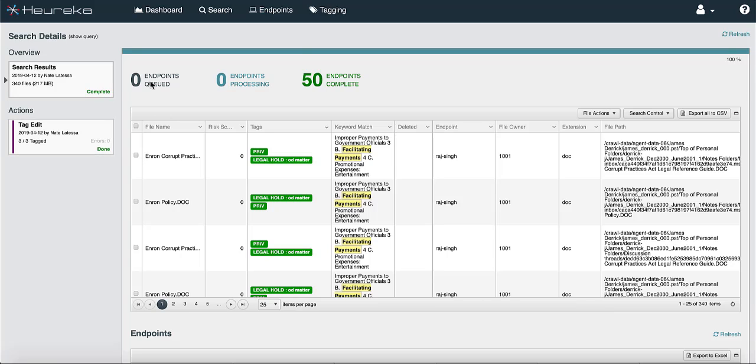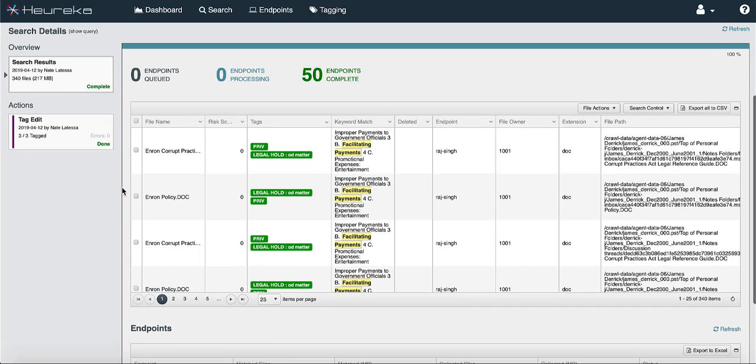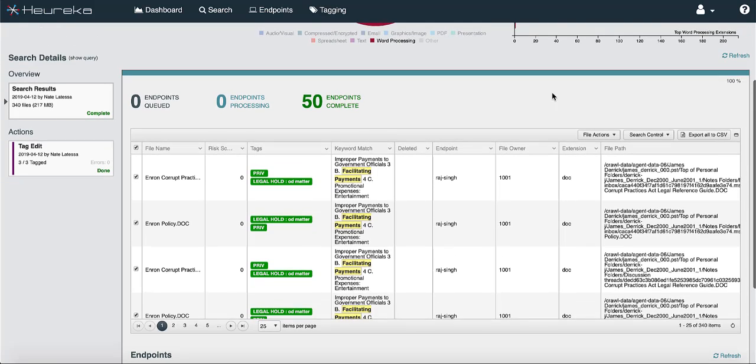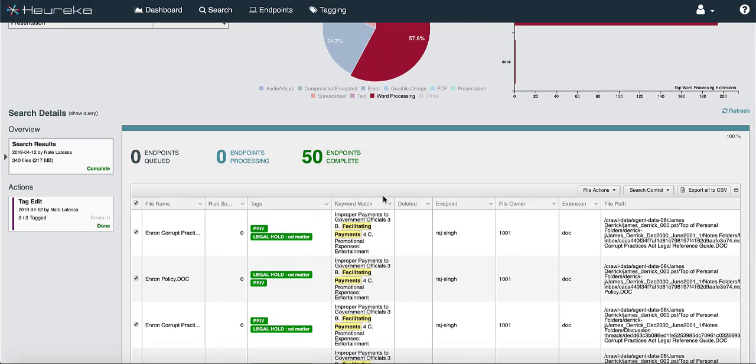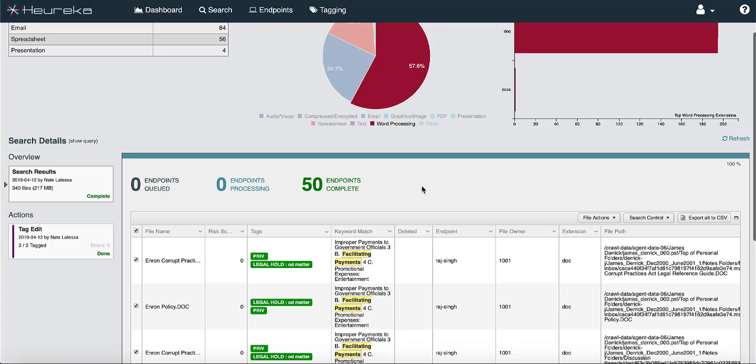And it looks like our search completed. We had 50 machines and it found 340 files. So again, if I wanted to, I can create a collect from here and move it downstream or perform one of my other options. Now the other thing within Heureka there along the lines of tagging is, you see how we can get tags out or preserve those tags in here,